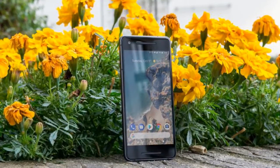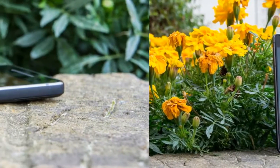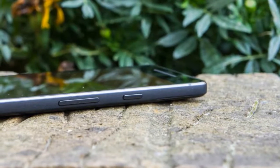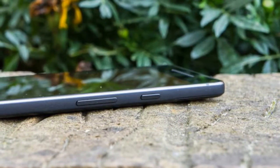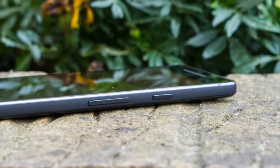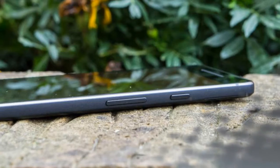The best deal we've found is with O2 through mobiles.co.uk, with 15GB of data, unlimited texts and minutes, at £36 per month with a 24-month contract and £150 upfront cost. That's a very reasonable £1,014 all-in price for the whole period of the contract. Of course, the Pixel 2 can also be picked up SIM free, at £629 for the 64GB version and £729